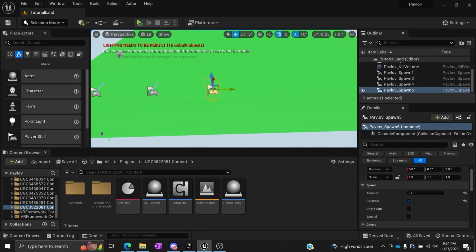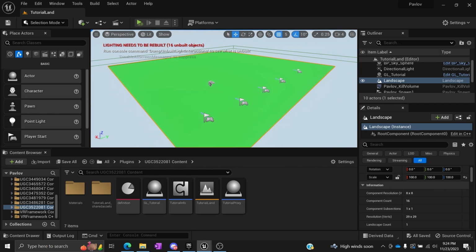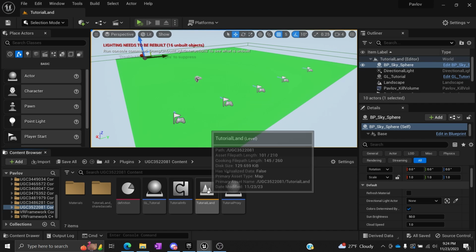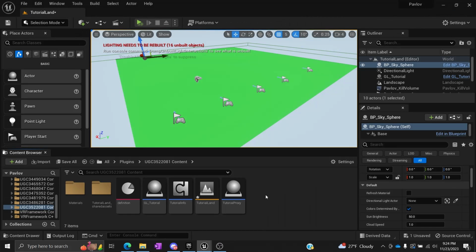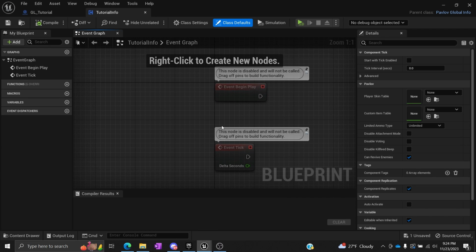And you can put these anywhere you want in your map, however you wish to do it. Again, we're not going to go into too much detail about that. So there we go. So now this actually would be pretty functional. Let's take a look at the tutorial info really quick. I know that this kind of branches off, but